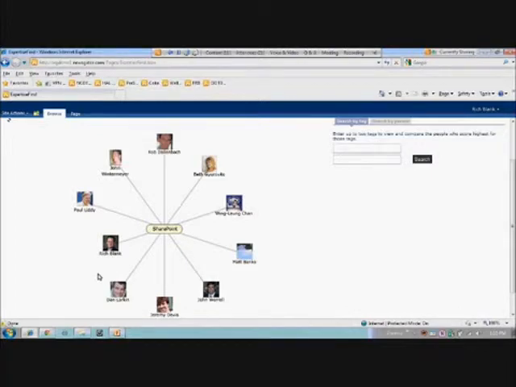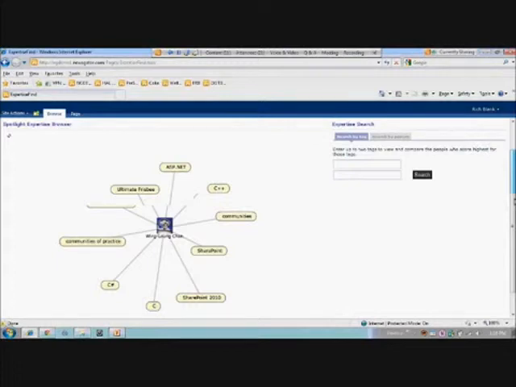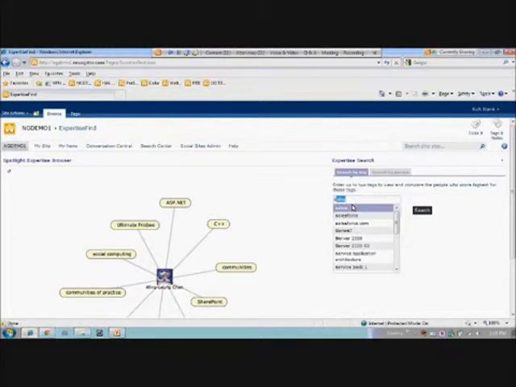And this isn't necessarily based on the Ask Me About attribute in their profile, right? Even though I tag myself as a SharePoint expert, it doesn't mean that I am, but it's how I interact with the system. And you can see the shorter the lines, the closer the person is to that particular topic. If I hover over their name, I could see something about them. I can click on their name and then see all the different topics that this person is associated with. It becomes pretty powerful in trying to actually find experts in the organization.